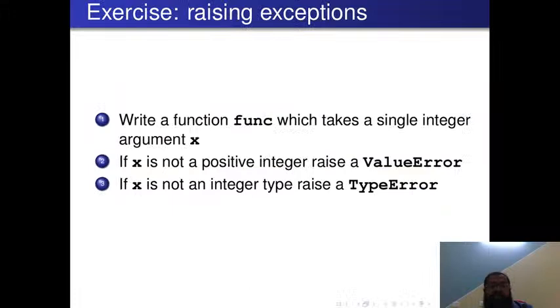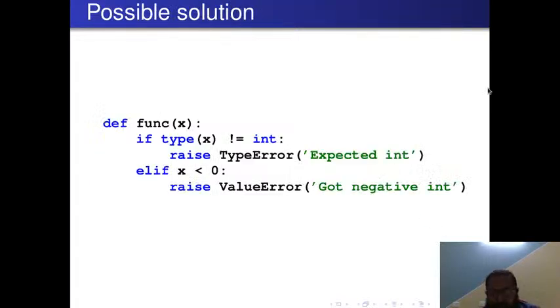And another question, raising exceptions. Write a function func which takes a single integer argument x, and if x is not a positive integer value, raise a value error. If x is not an integer type, raise a type error. Got it, right? So we know that we can raise the value error and the type error if we want based on certain conditions. So we have a function called